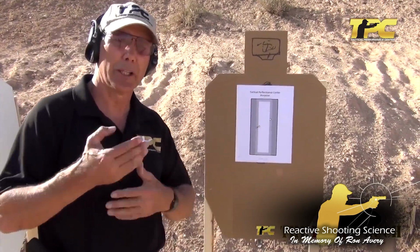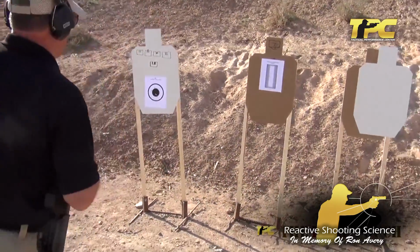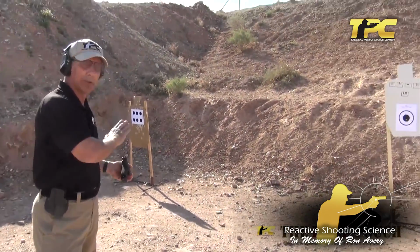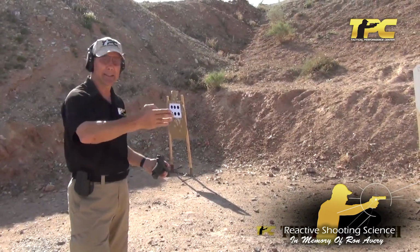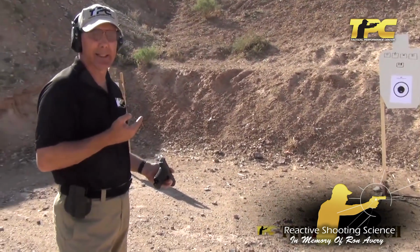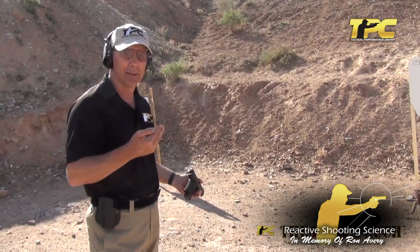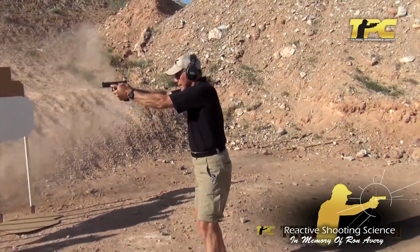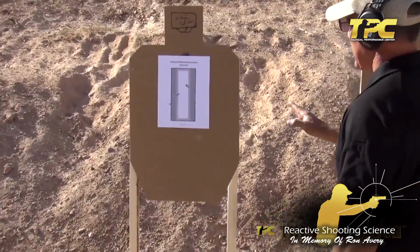Now, shooting on the move, another interesting point. Seeing what you need to see doesn't change just because we happen to be in motion. So what I look for, when I'm moving, when I'm practicing, is being able to read that picture continuously. Now, if I'm moving left to right, I'm having to keep the gun tracking and moving the gun slightly back. Every time I take a step, I've got to correct the gun. So seeing what I need to see means a continuous video picture, not just a still picture one time. A continuous video picture in your brain, helping you see what you need to see and maintain that focus while you're in motion. You won't be quite as accurate as you would be if you were standing still, but sometimes you have to be on the move in order to protect yourself. But you're still trying to shoot with fairly reasonable accuracy and keep it